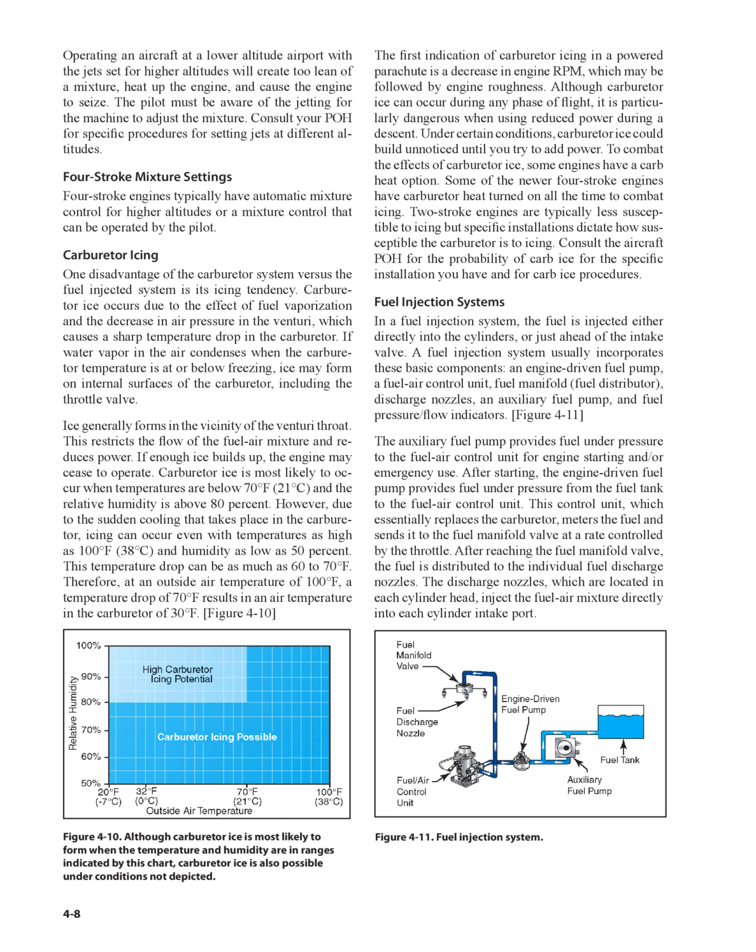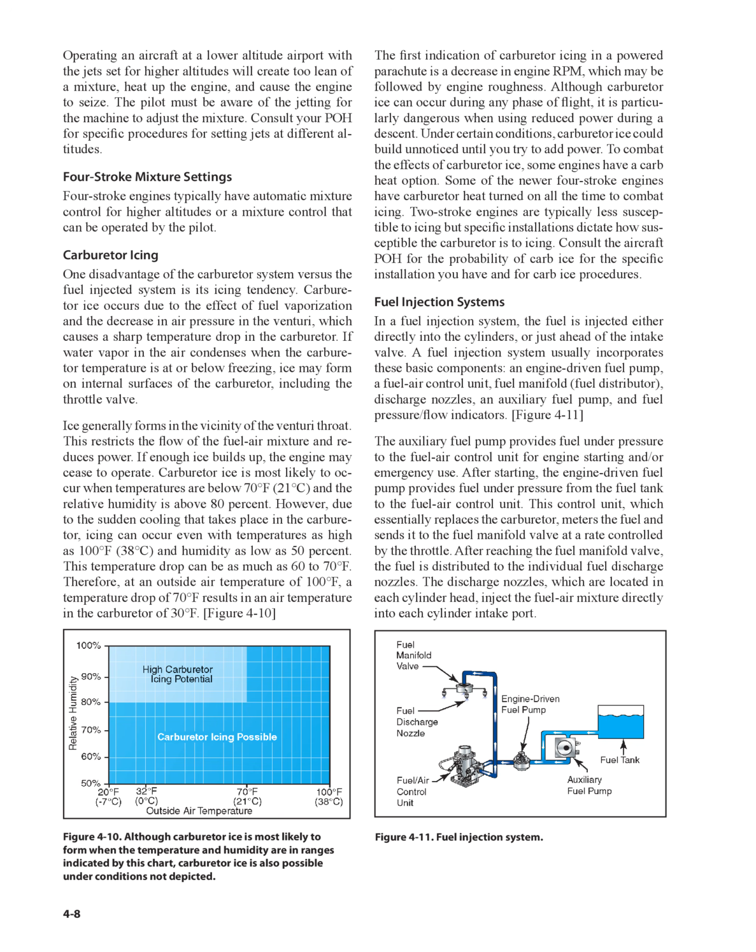To combat the effects of carburetor ice, some engines have a carb heat option. Some of the newer 4-stroke engines have carburetor heat turned on all the time to combat icing. 2-stroke engines are typically less susceptible to icing, but specific installations dictate how susceptible the carburetor is to icing. Consult the aircraft PO for the probability of carb ice for the specific installation you have and for carb ice